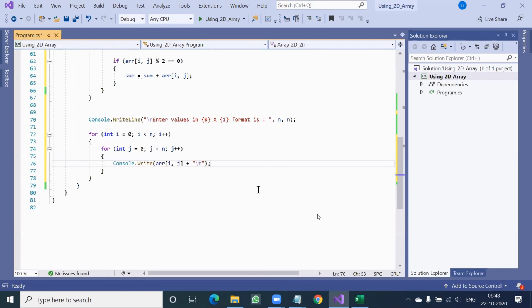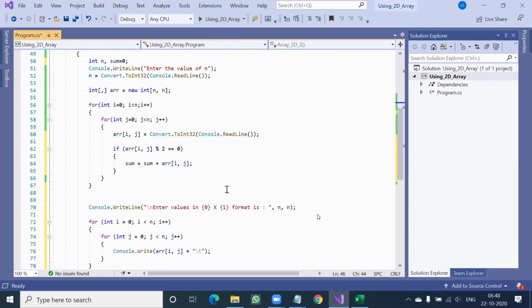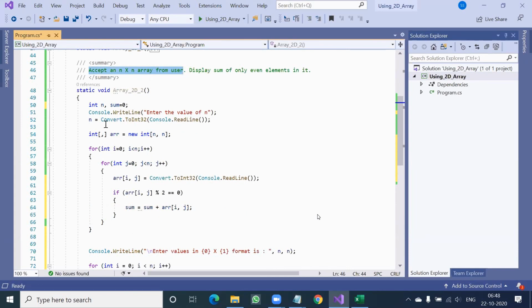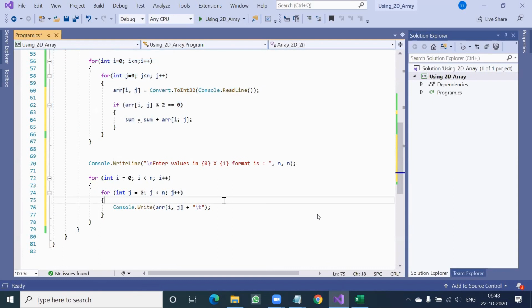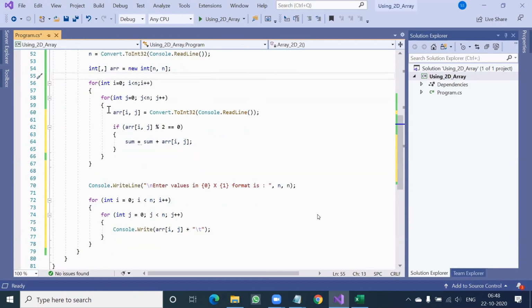See, by seeing the question, how part by part I'm tackling, in a similar way you also have to tackle. It's not a matter of only arrays, but any program in future as well. You have to divide that question into small parts, and think what will be at the top, what will be after that, and so on. So I declared all the variables and arrays at the top. Then I accepted the input.